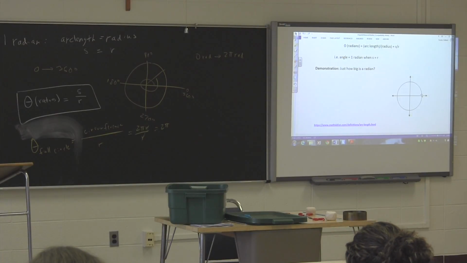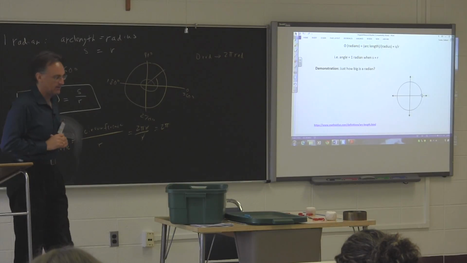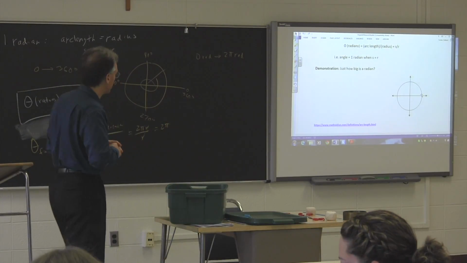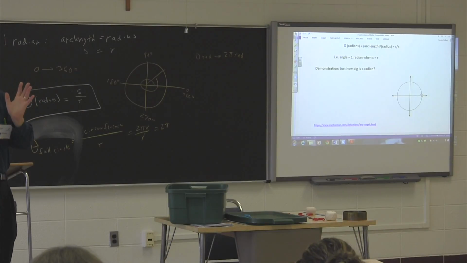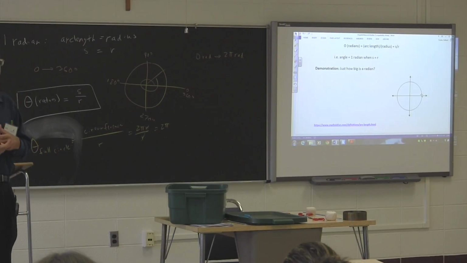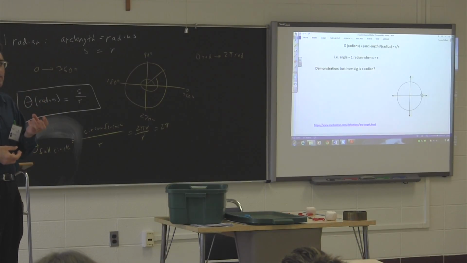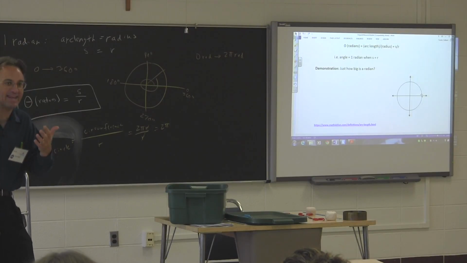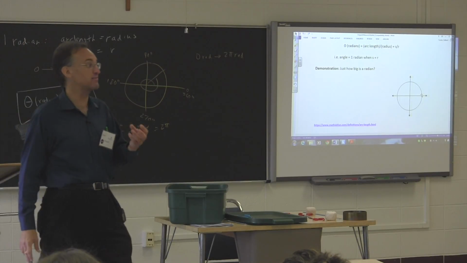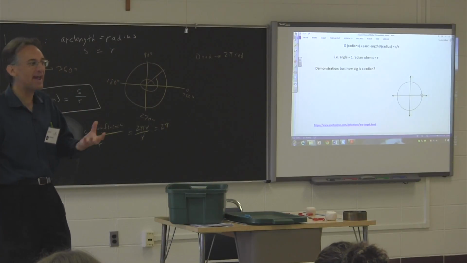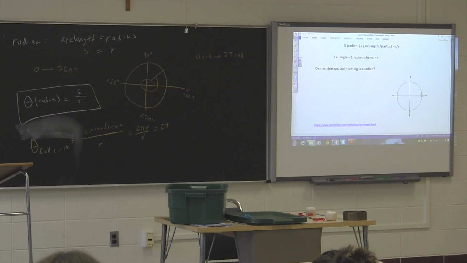So, bottom line is radians are a measure of angle that's motivated by the geometry of a circle itself, not motivated by observations that we do out in the world. And it is the arc length equal to the radius. And it's a pretty big measure of angle. What that really means is when we measure typical angles, the number of radians is going to be relatively small. We're not going to be measuring things like 10 or 20. We're going to be measuring more things like 0.1 or 0.2, some fractions of a radian oftentimes when we measure